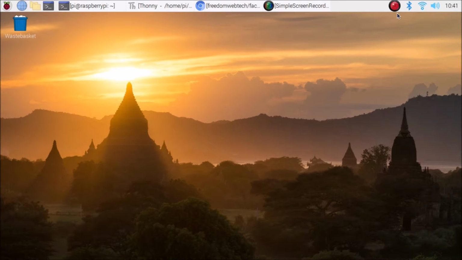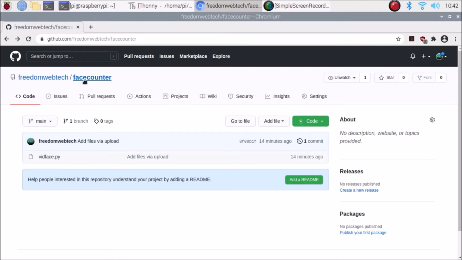So friends, as I told you, we are not going to use the Cascade module for detecting the face. We are going to use the CVLIB module. This is the repository, and I will share the link with you. You simply need to go there and download the folder, and inside that we have the vidface.py script. For this project, first you need to install CVLIB on your Raspberry Pi 4. In the last video we installed CVLIB, so you need to first watch that video and install CVLIB on the Raspberry Pi 4.